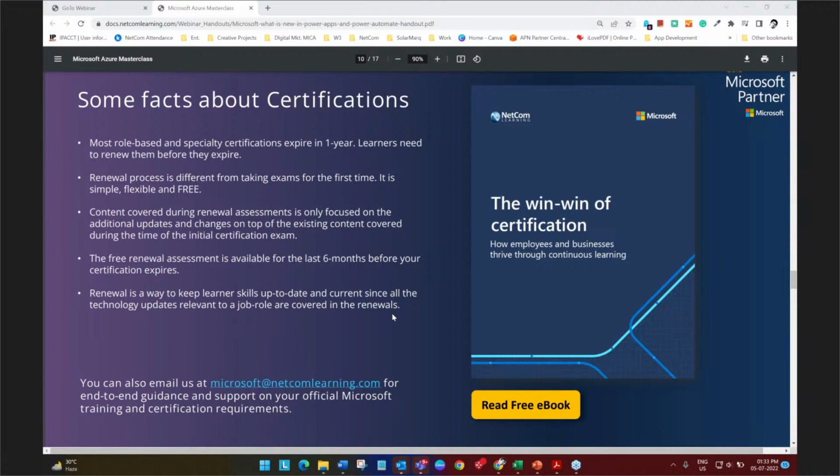And this resource, the win-win of certification, is a wealth of facts and figures from research conducted by Microsoft in partnership with Pearson and other research agencies, who brought together the insights into what was the actual impact and ROI of upskilling employees and opting for certifications, not only from the employer's perspective, but also from the employee's perspective.